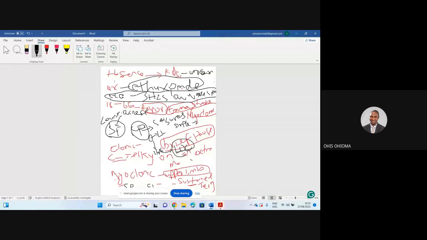So it might start from the temporal lobe, for example, and spread to involve the frontal lobe. And you know that the frontal lobe is one of the seats of consciousness for us. I'm just using that as an example. So the patient might be jerking his left limb, and then all of a sudden you see him gradually involving all limbs, and when you call the patient, he is not able to respond to you. In that kind of situation, what you have is no longer a simple partial seizure. What you have is a complex partial seizure. That was what I was trying to explain.